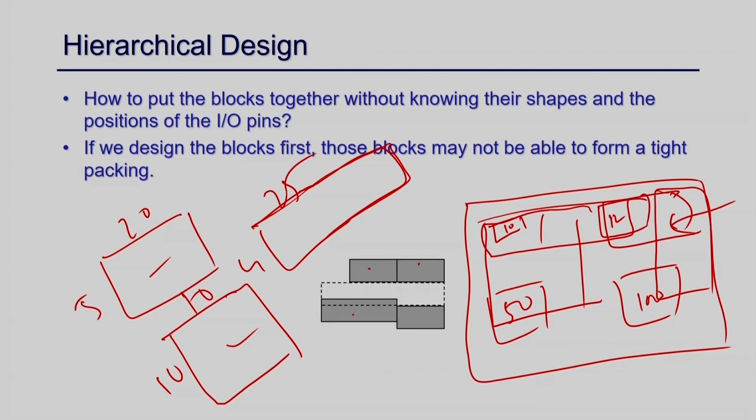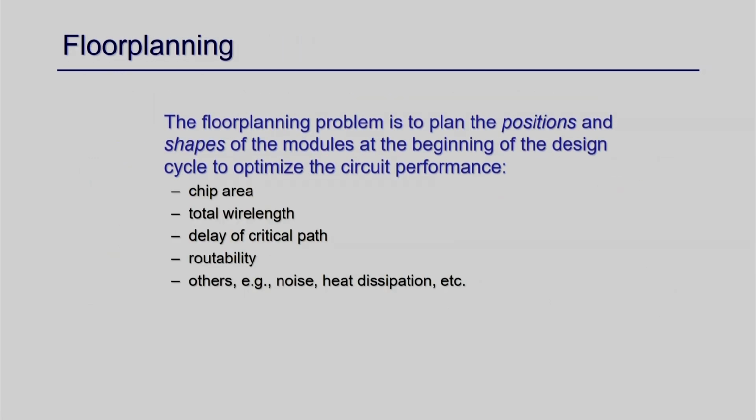So, in partitioning and floor planning, what we do is try to finalize the aspect ratio of each component, and then our objective is to pack everything in the minimum possible area, so that your total area is minimum and total dead space is also minimum. So, let us move on.